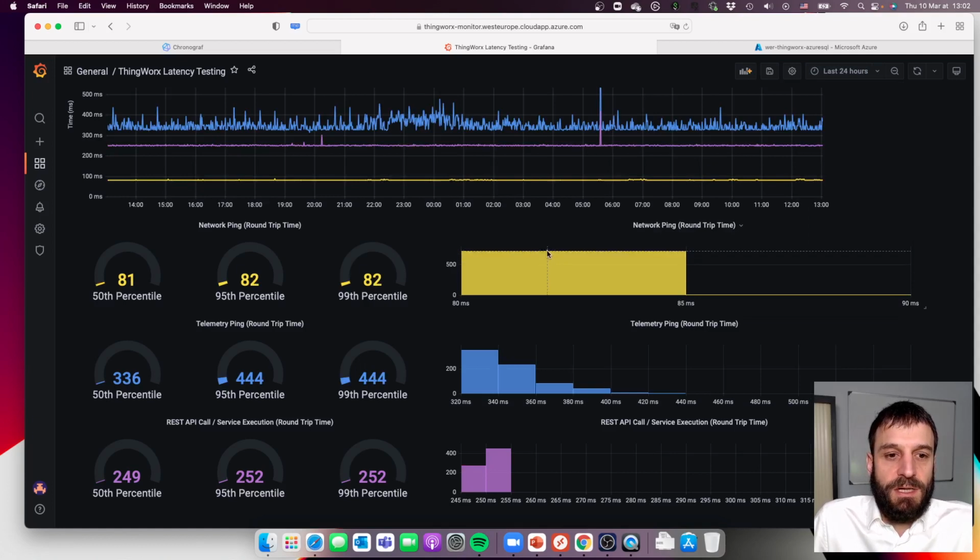You can see the enormous stability here of the ping. Ping response, 82 milliseconds, and the 99th percentile and 95th percentile, which is a really good figure that you should be watching, are these two percentiles. And then here you can see the